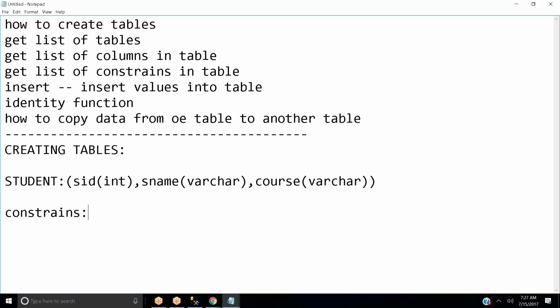Assume that in this particular student table, I don't want to have duplicate values. So in order to not have duplicate values, you need to give student ID as your primary key. Whenever you give student ID as the primary key, you cannot insert any duplicate values.